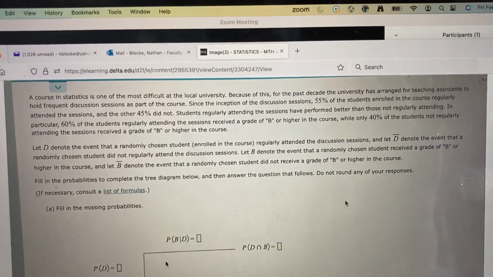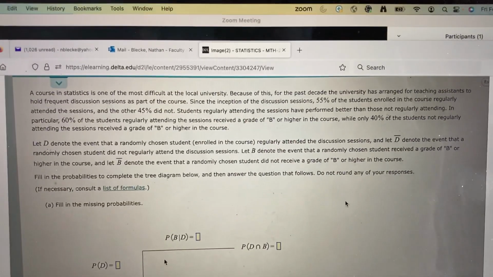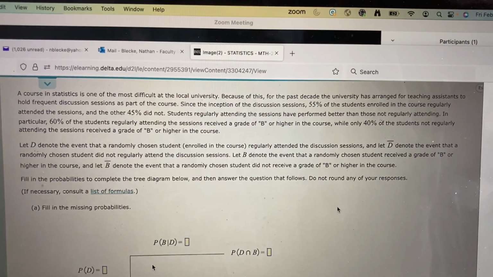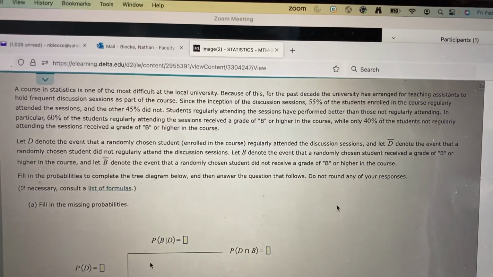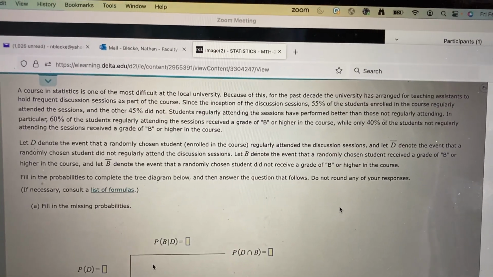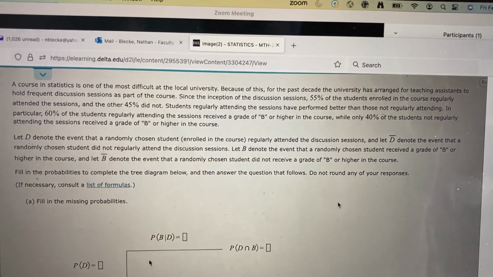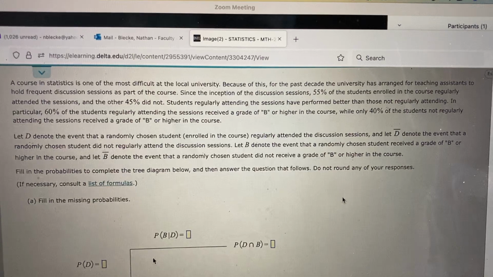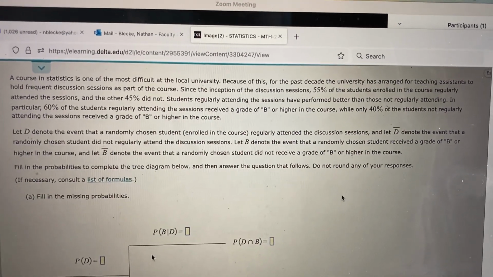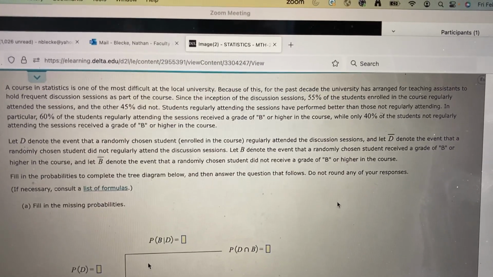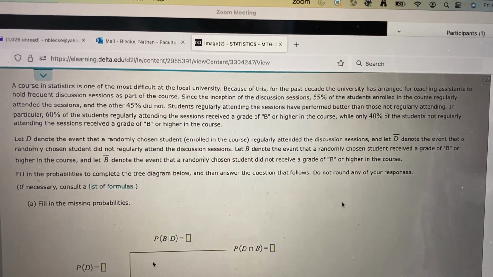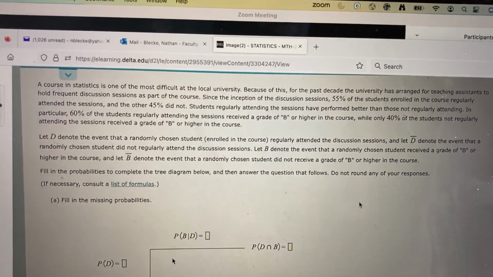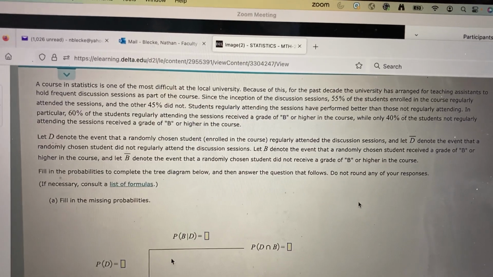a course in statistics is one of the most difficult at a local university. Because of this, for the past decade, the university has arranged for teaching assistants to hold frequent discussion sessions as part of the course. Since the inception of the discussion sessions, 55% of the students enrolled in the course regularly attend the sessions, and the other 45% did not. Students regularly attending the sessions have performed better than those not regularly attending. In particular, 60% of those students regularly attending the sessions receive a grade of B or higher in the course, while only 40% of the students not regularly attending the sessions receive a grade of B or higher in the course. Let D denote the event of a randomly chosen student enrolled in the course regularly attending the discussion sessions,